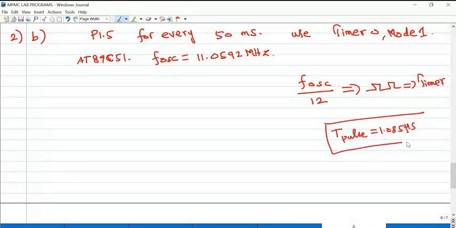So this is the input to the timer circuit. So 50 millisecond I need. For one clock pulse 1.085 microsecond, 50 millisecond time delay we need.